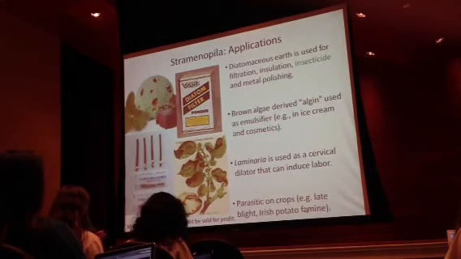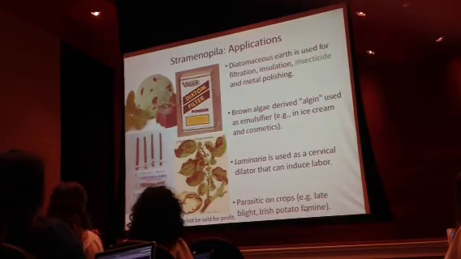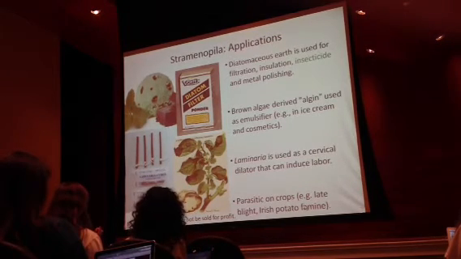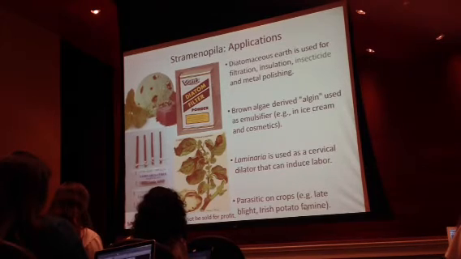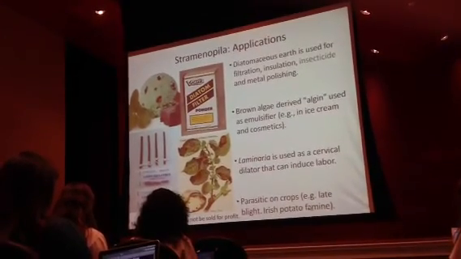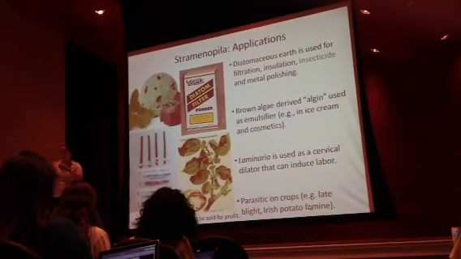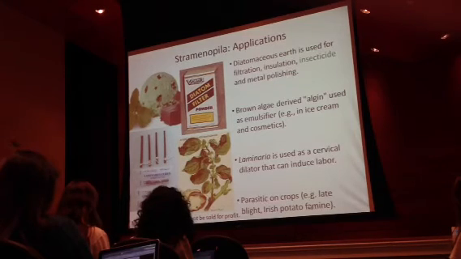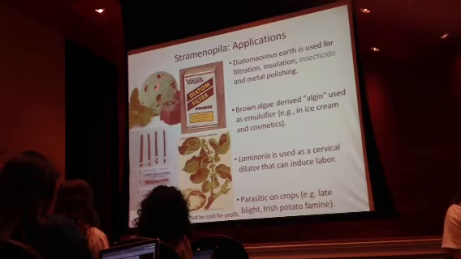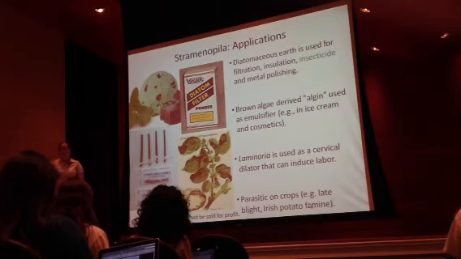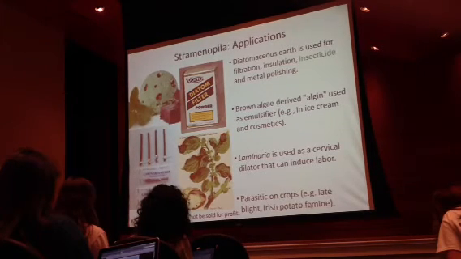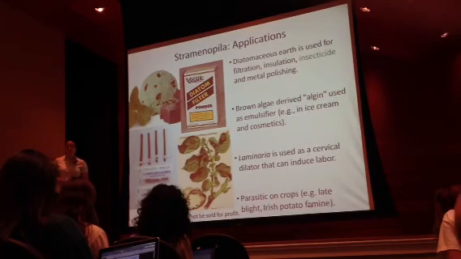This slide also makes me want to eat ice cream, because in brown algae we have compounds we take out that emulsify our ice cream. What does emulsify mean? What does an emulsifier do? It breaks up the fats and allows you to mix them with water. Okay, so you're breaking up fat, and you can mix together fats and water-based materials. Cream is pretty fatty, so it makes good ice cream. You do that, you're mixing in other aqueous stuff. Okay, so ice cream, and they do this with cosmetics too. A lot of the liquidy cosmetics have this algae component in them.